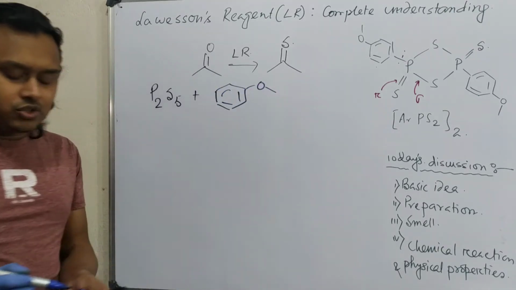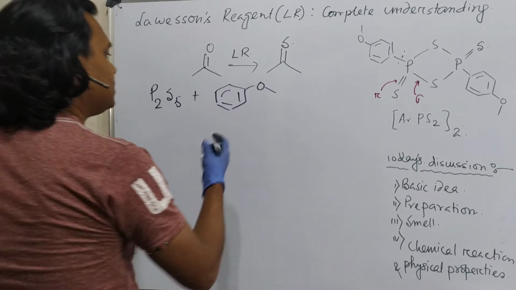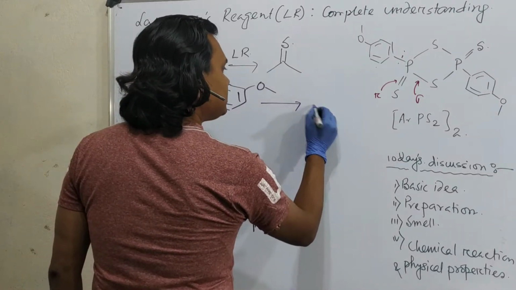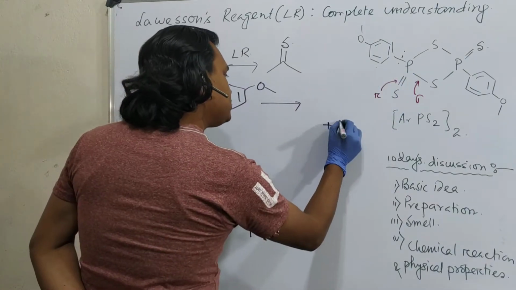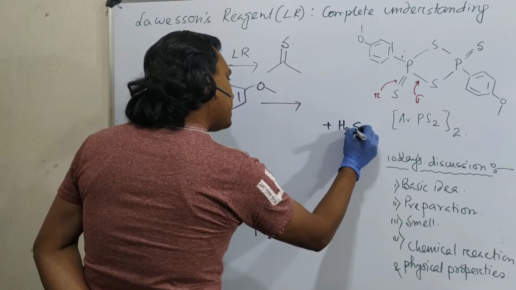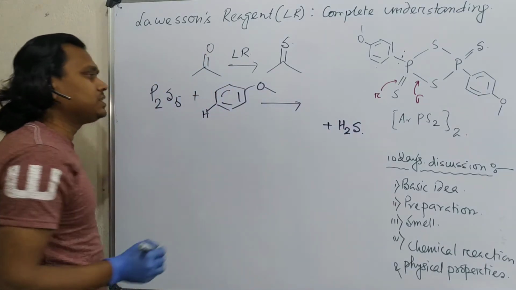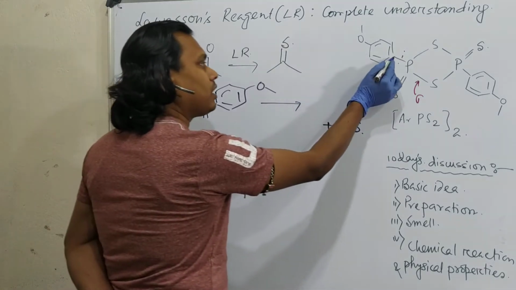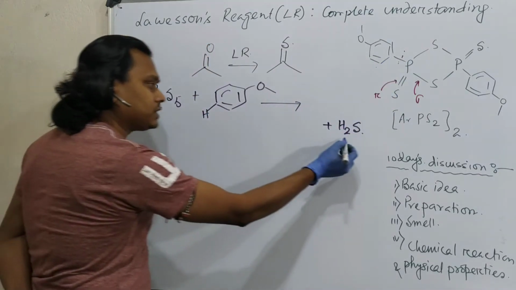Okay, this anisole is nothing but phenyl methyl ether. In their reaction, they produce this reagent. Along with that, it produces hydrogen sulfide. Why hydrogen sulfide? Just look at this: one hydrogen is substituted, and for adding, a phosphorus bond is produced. This is hydrogen, and from here sulfur is produced.